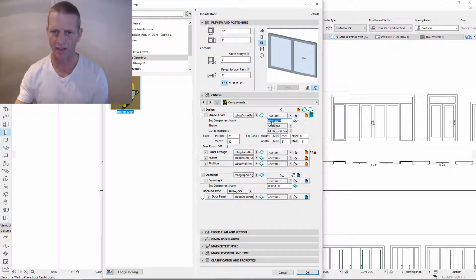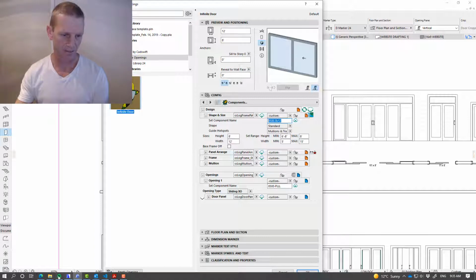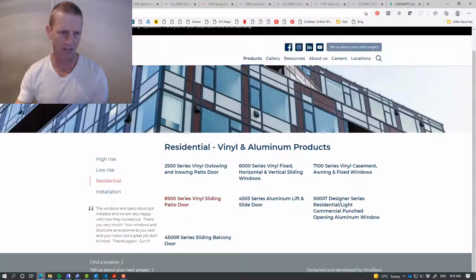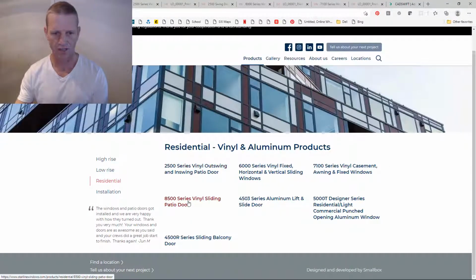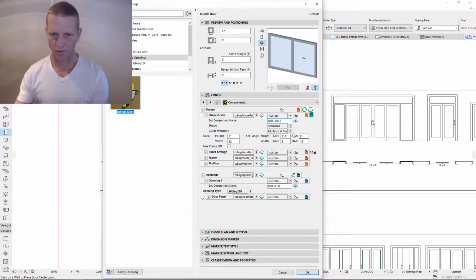So we're going to call this one the 8500 because that's what the series is. This comes from the Starline, is that what it's called? Yeah, Starline windows, the vinyl sliding patio door. So naming it the 8500 will give a good reference to this company, and I'll just set this as the 8x12. Upload,